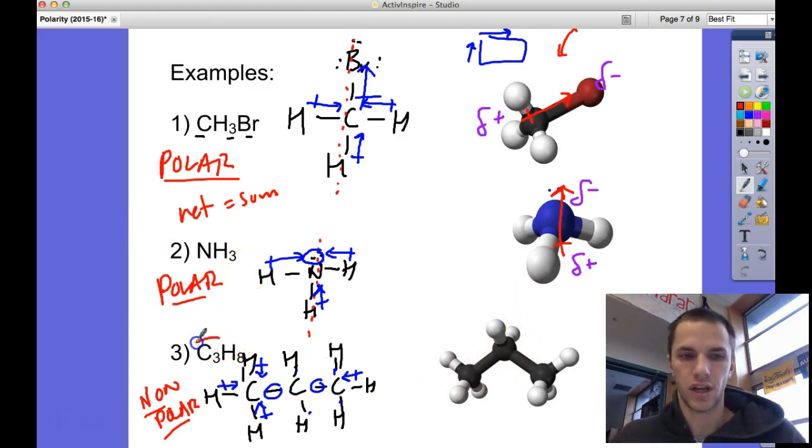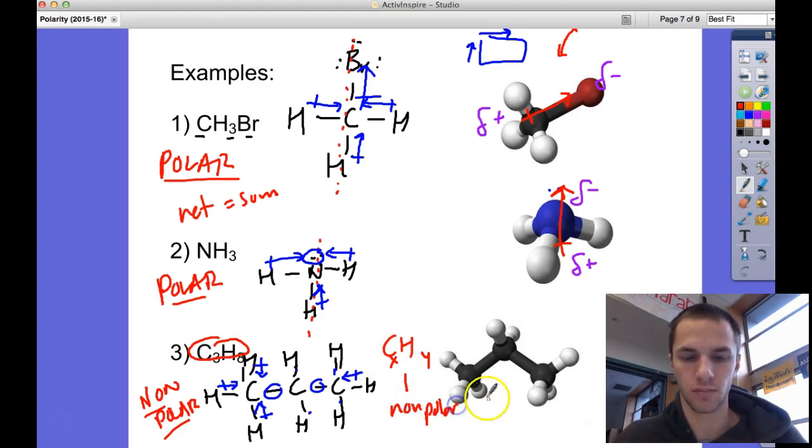So C3H8, non-polar. Okay. Hydrocarbons, CxHy, hydrocarbons are almost always non-polar. Okay. As kind of a little rule if you want to think of it. Otherwise, it just takes practice of drawing the Lewis structure, thinking about the dipoles, do they cancel out or not,